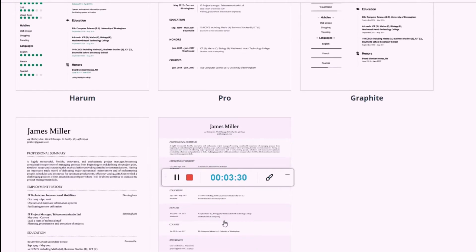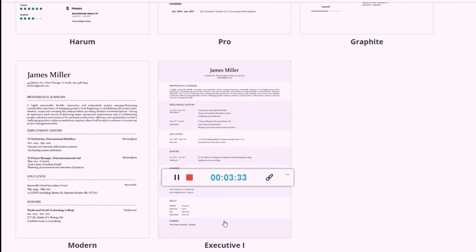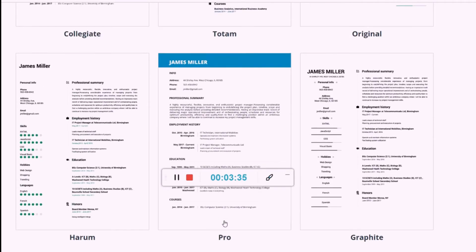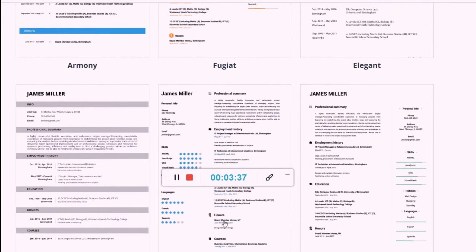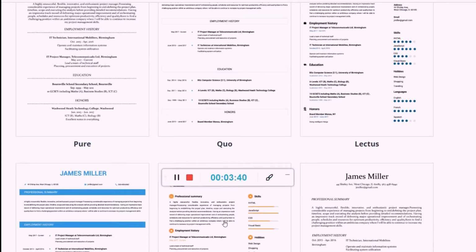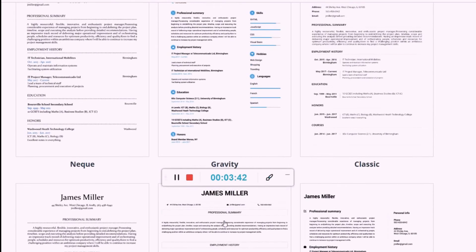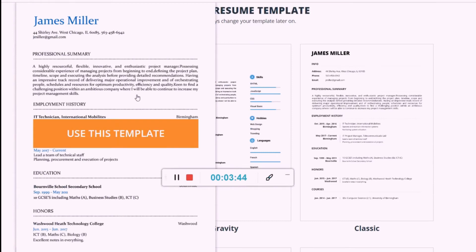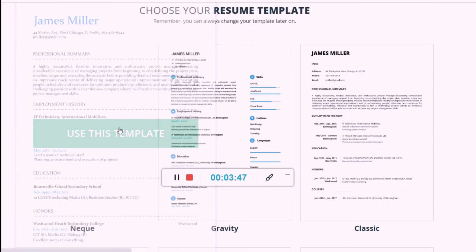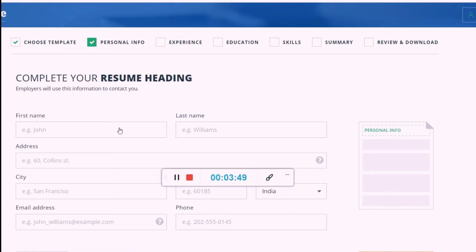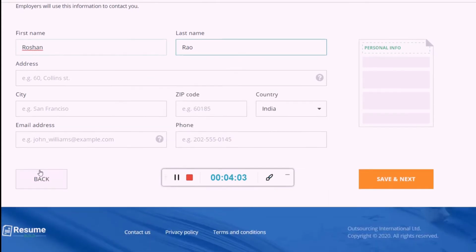To do this, you can go to Chrome and search for resumebuilder.com, and it will automatically take you to this page. Then click on build a resume. After this, it will show you plenty of resume templates based on your experience, or if you are a fresher, you have multiple options to select from. For every piece of information you provide, you can also customize and edit it. Even if you forget to do this here, you always have the opportunity to customize and edit it even at the last moment. Here it's asking for the personal information.